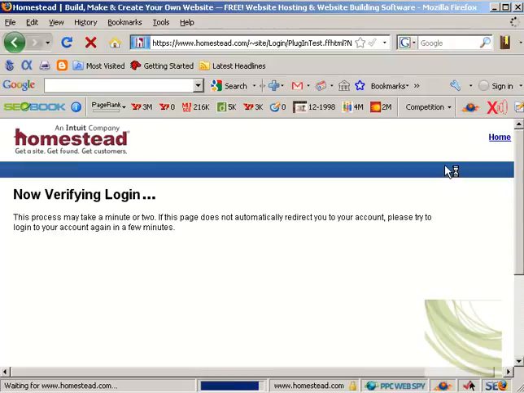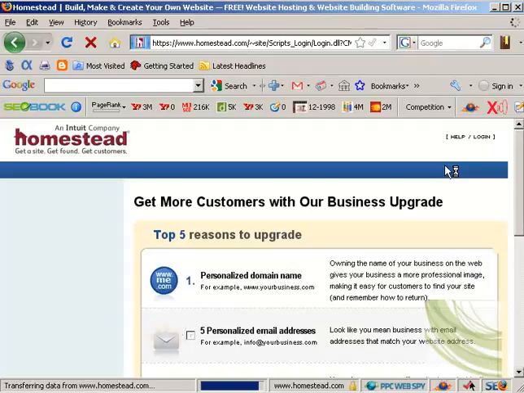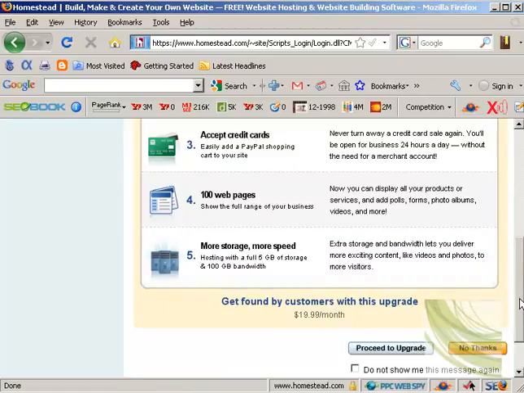Again, we wait for it to load. And what will come up is the home page for this particular account. It's a free account, so what they're trying to do is sell you an upgrade, which I don't need at the moment. So I'll just click on the slider on the right, and I can either tick the little box there to say don't show me the message again, but it's not my account, so I won't do that now. I'll just click the no thanks button,